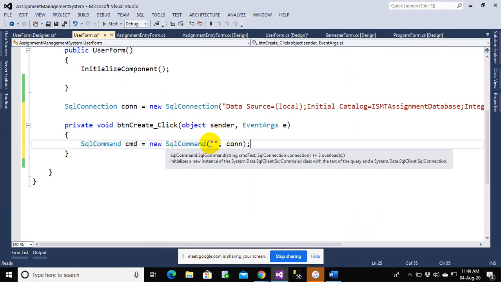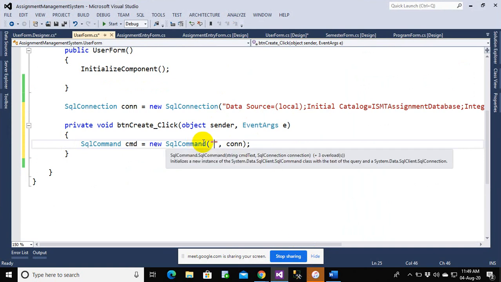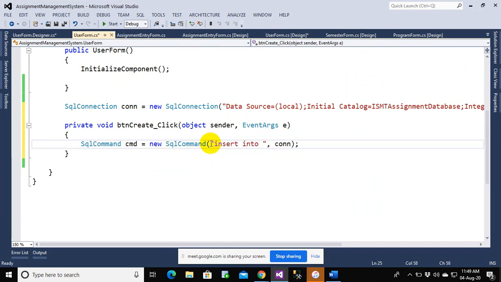Okay, so inside this SQL command, now I'll be writing the SQL that I have been writing in my SQL window. So let us say I want to write insert into user table, and I want to supply some values. The values are, let's say, Lakshman at the rate Lakshman as a username, and Lakshman at the rate 123 as a password, and I want to provide a role as admin. So this is my SQL, which we have already seen in our SQL window.